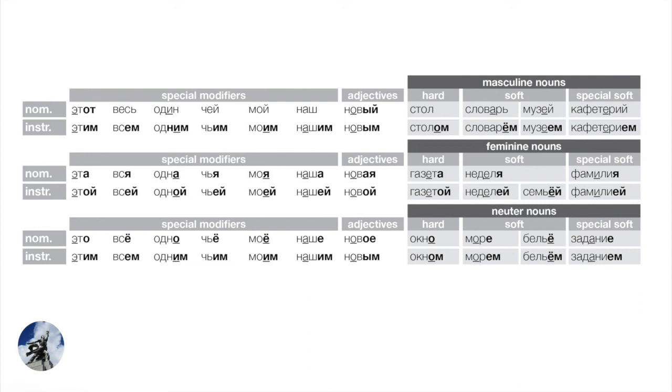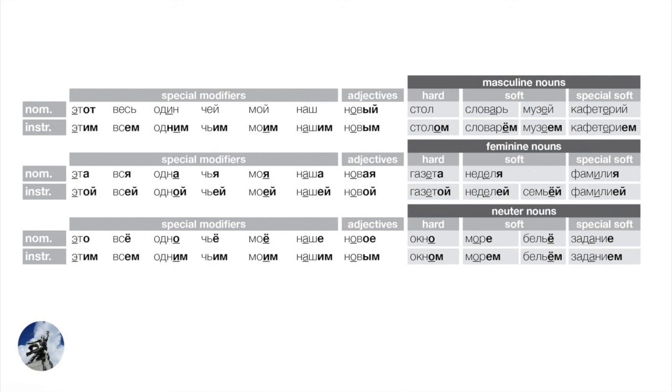And finally, the neuters look a lot like the masculines. Let's just read the nouns. Окном, морем, right, with no ё in -е stress. Бельём, there we have the ь-stress and we keep the ё. And a special soft example, заданием. Now you may note that the special softs here, as is usually the case, they're not doing anything unusual. But anyway, there are some examples. But remember, special soft nouns are like ordinary soft nouns most of the time, right? We've seen only a few instances where we have to think of them separately, and in those instances, we've surrounded them with the dreaded black box, right, to show that we have to watch out for a certain case form.